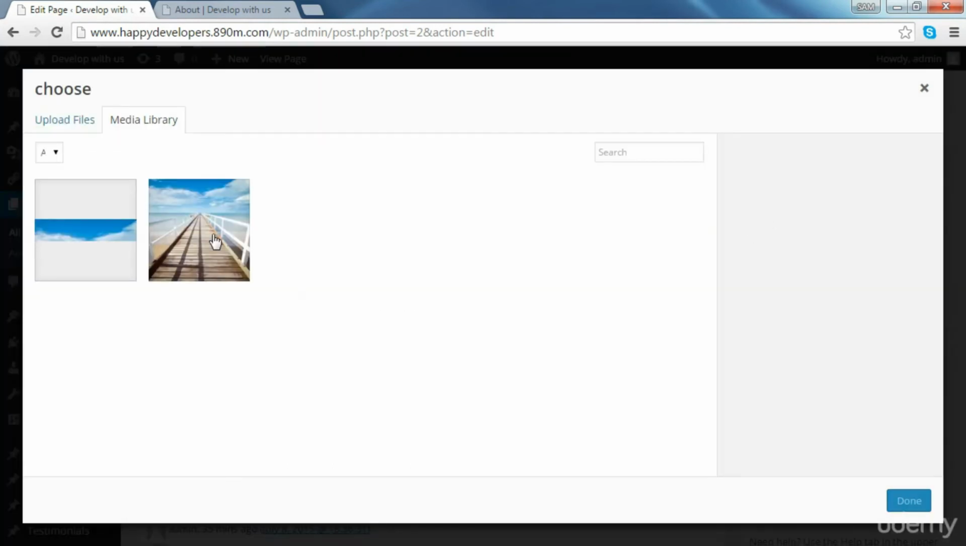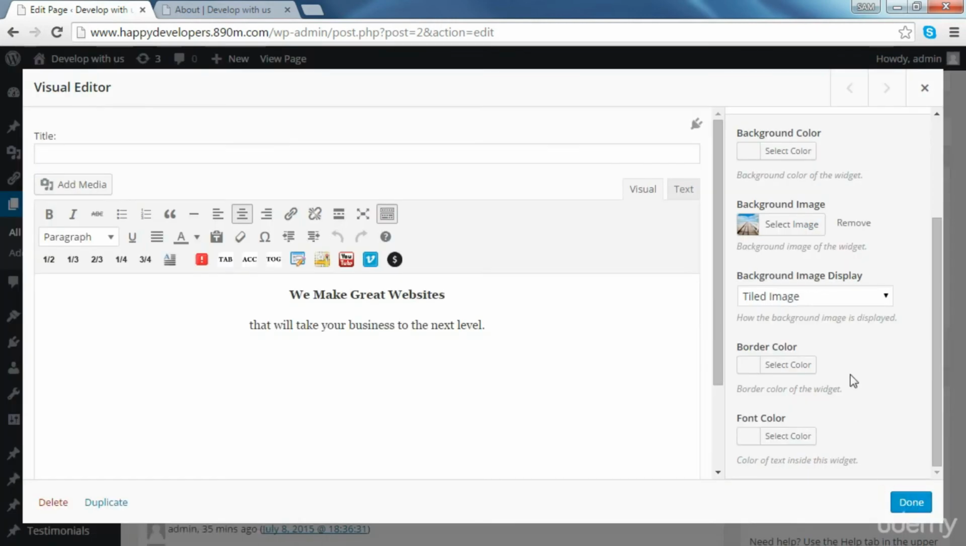Okay, so let's choose an image. Let's pick any image just to test. So I'm going to pick this one. Okay, and then we can choose the way we want to display our image. Let's go for cover, for example. Okay, and we can choose a border color if we want to, and a font color as well. Okay, so